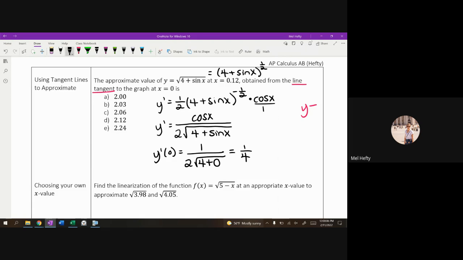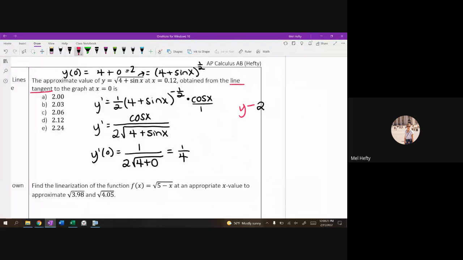So y of 0 is square root of 4 plus sine 0, which is 0. Cool. All right. So y minus 2,